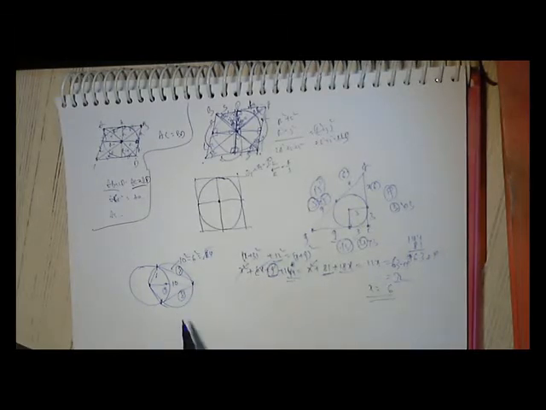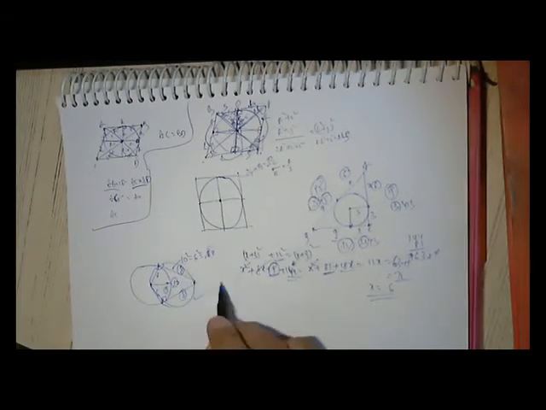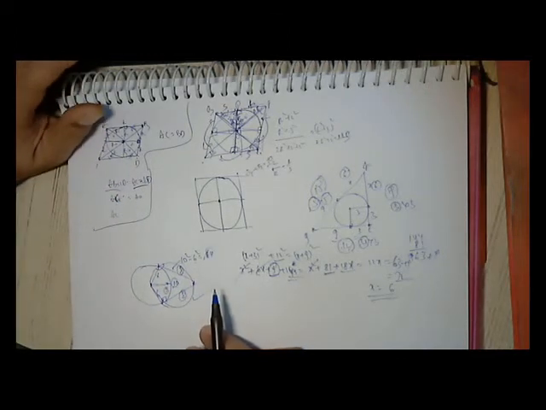Both sides are equal because this is 6, this is 10, and you have a 90-degree angle here. So a square plus b square is equal to c square. All same. So we have to measure with a scale and find whether this is coming exact or not.